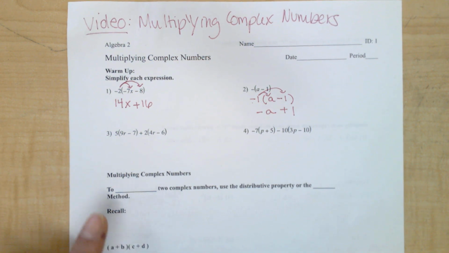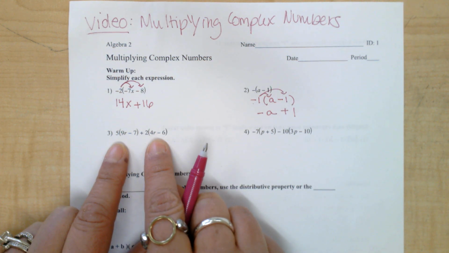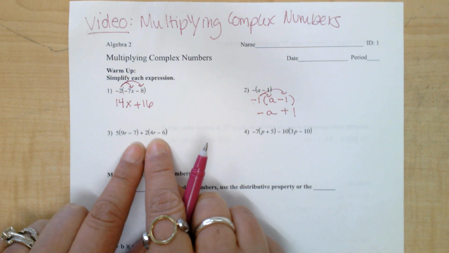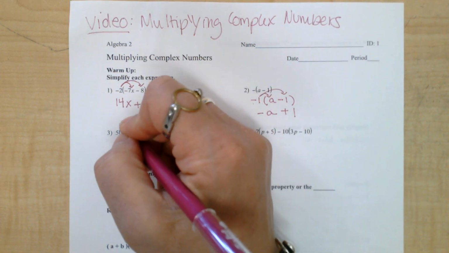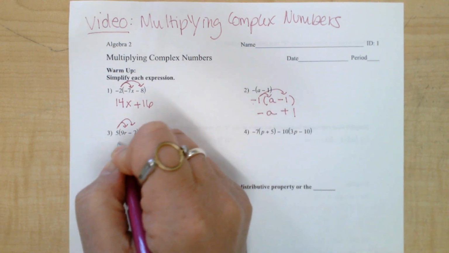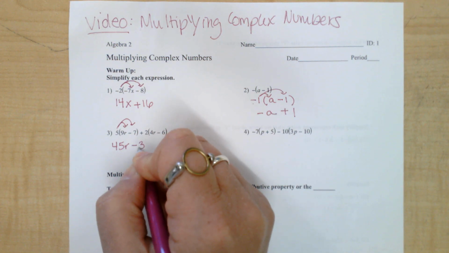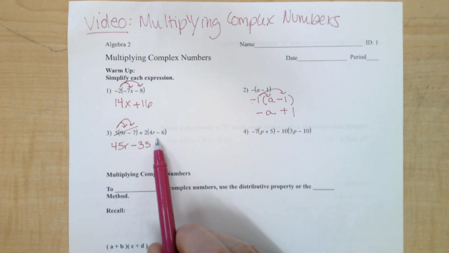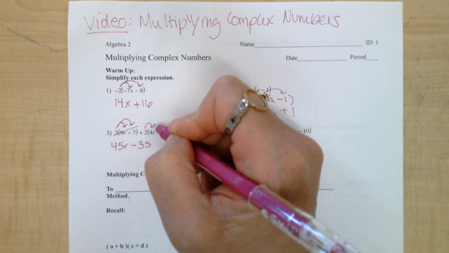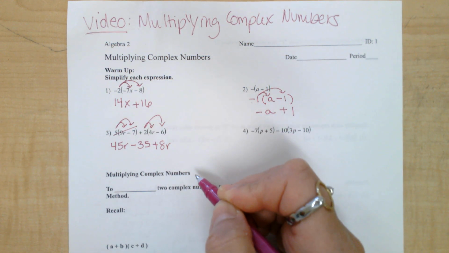Number 3. I have two expressions being added together. We have 5 times the quantity 9r minus 7 plus 2 times the quantity 4r minus 6. So let's first take care of that expression right there. Let's distribute. 5 times 9r is 45r. 5 times negative 7 is negative 35. I like to cross things out, meaning we now need to look at the second one. Positive 2 times 4r is positive 8r. Positive 2 times negative 6 is